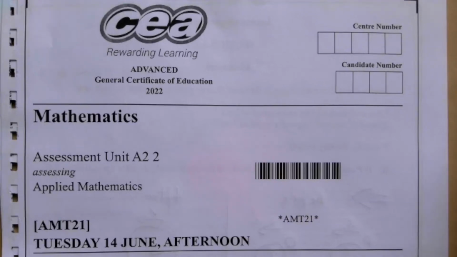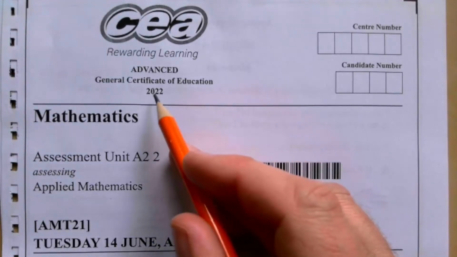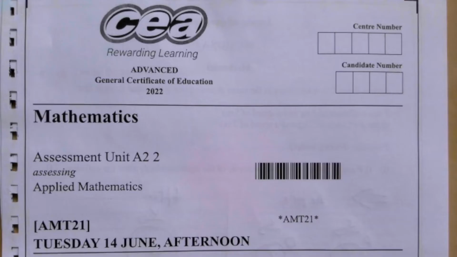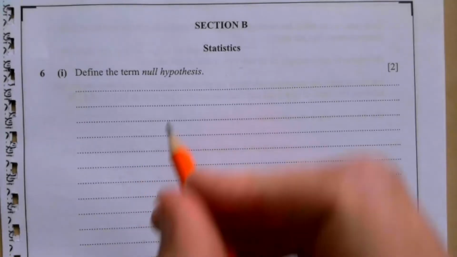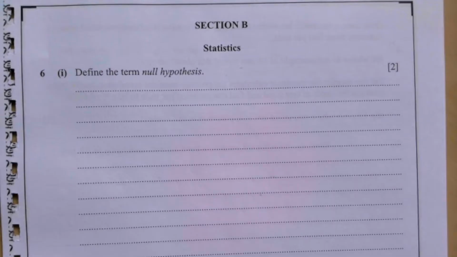This is a statistics past paper question, and this one is from the June 2022 A2 applied paper. This is question 6, and it's a wee bit about hypothesis testing. So the first one says define the null hypothesis. Now in this particular scenario, the null hypothesis is kind of assuming that there's no correlation between the two things,